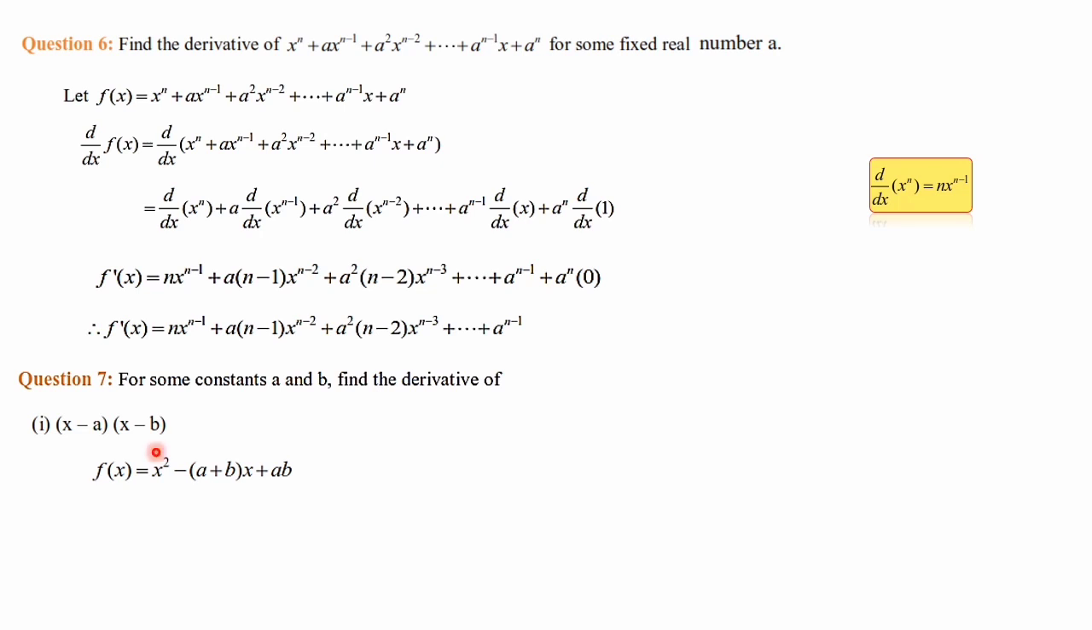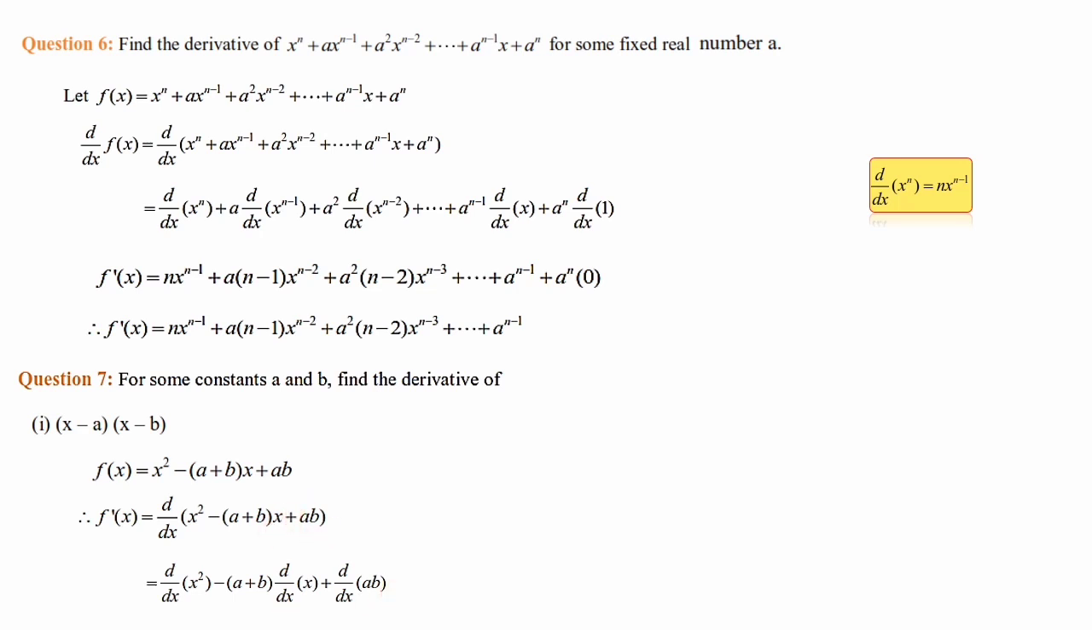Either you can use the formula and directly we can write, or else we can remove the bracket and bring it to this form. The option is yours. Then we are asked to find out the derivative, that is f dash x is equal to d by dx of all the three terms. We have to write x square minus a plus b into x plus ab. Here d by dx of x square, then minus, here a plus b both are constant, means a plus b also a constant. Constant we can keep it outside, d by dx of x,